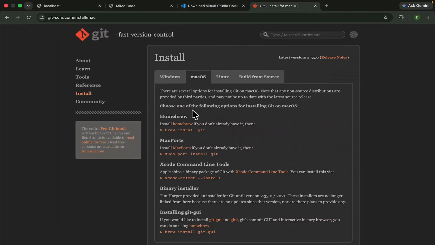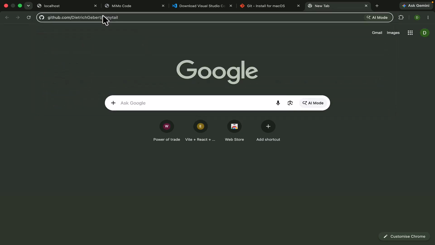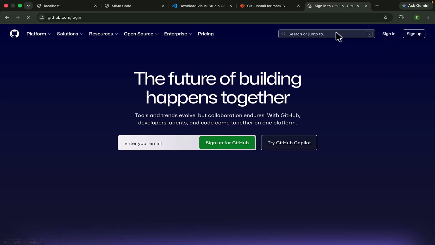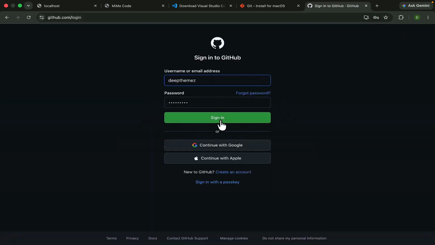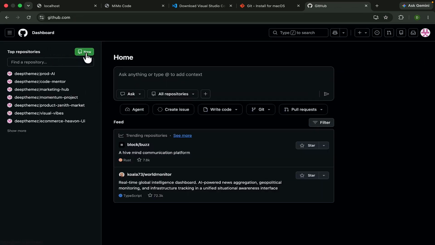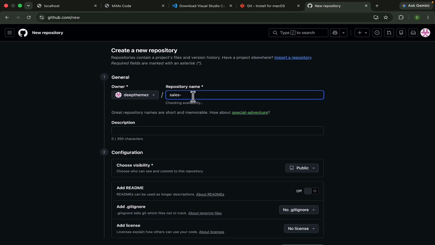For that we will open GitHub here, github.com, not this one. Okay, here is GitHub. Click to sign in, and then here is the login. You can sign up if you don't have a GitHub account, and I have one, that's why I directly logged in. After that click to create the new repository, and the repository name is sales dashboard,